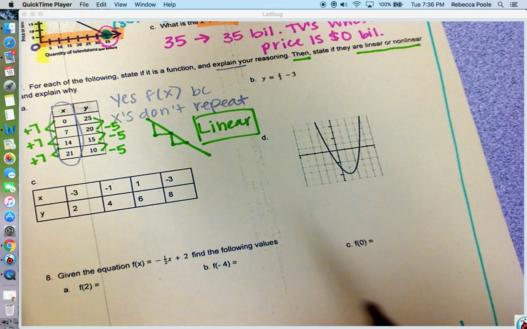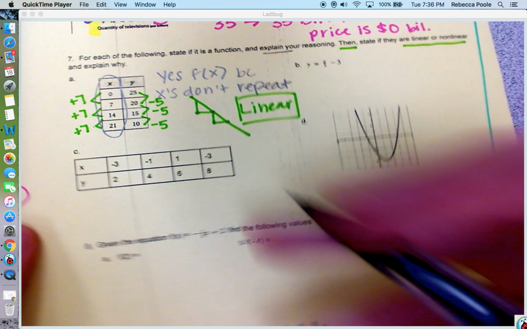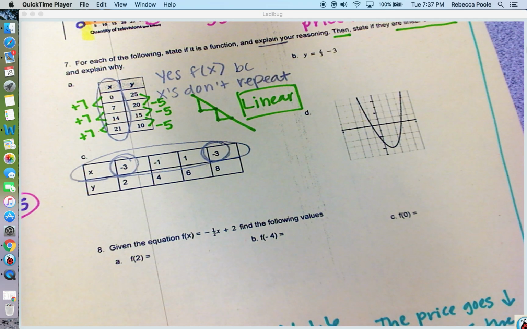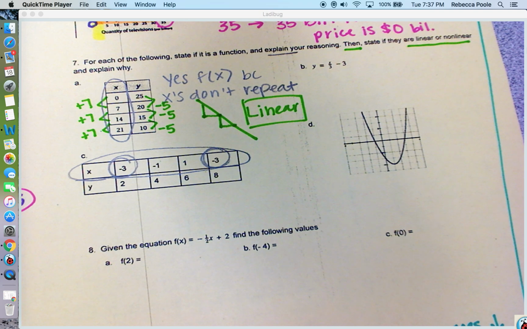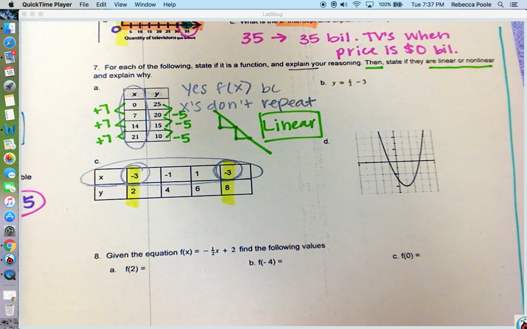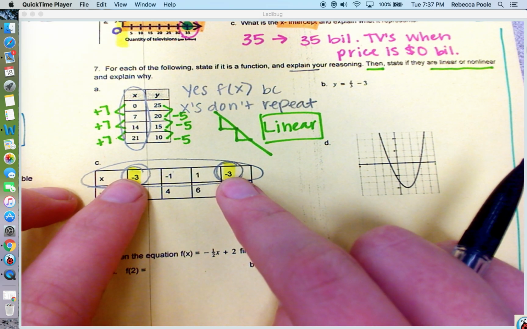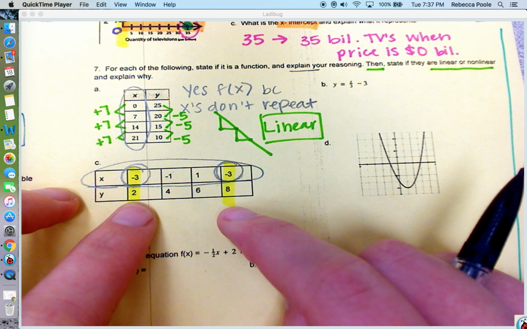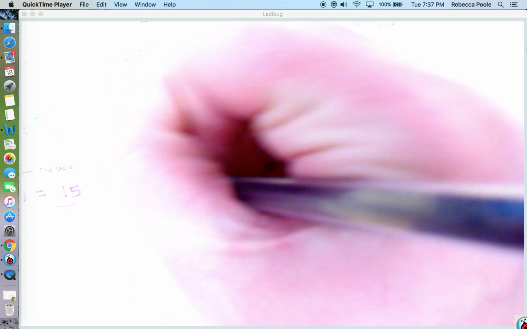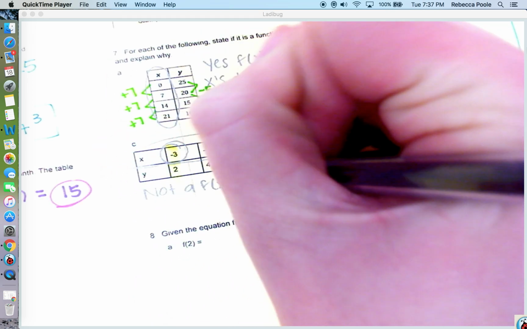All right, let's go ahead and look at C next because that one's also a table. So first, we've got to tell if it's a function. Look at your x's. I see an issue. What happened with my x's? They repeated, and if you look at the y's, they are different. So this man is trying to be married to 2 different women. That is not legal in America, right? So this is not a function because x's repeat